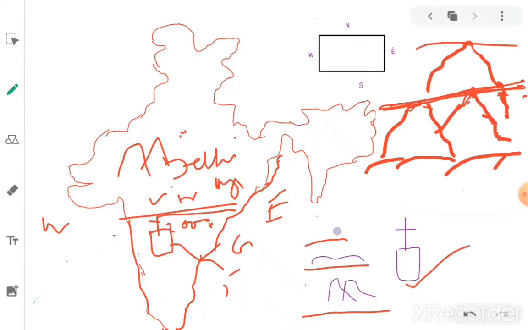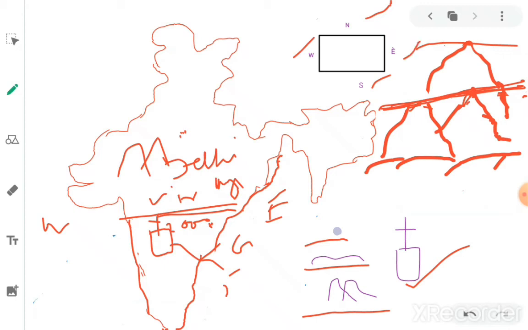Here, observe, one rectangle is there. Here some directions are mentioned. The top part of the area is identified as the northern direction, and opposite of north is the south direction, and on our left side we have the western direction,